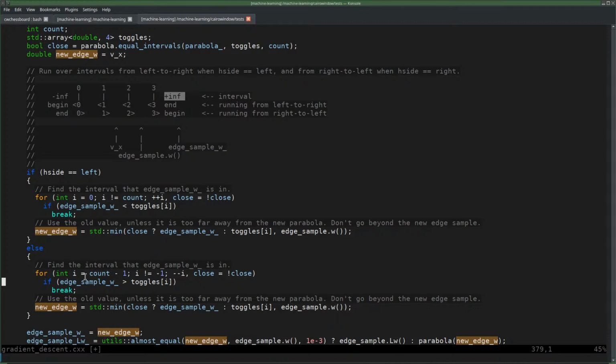And then if edge sample is larger than the toggles of 3, then we are at the right place to break. So it looks good actually. And even the comment is exactly the same. And then we have the new edge is now the maximum of